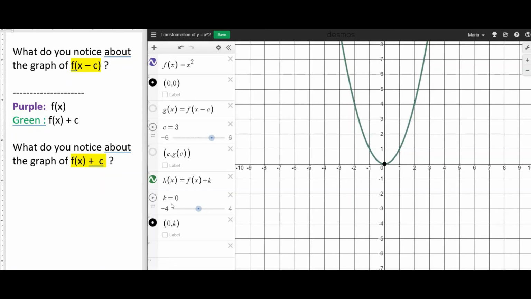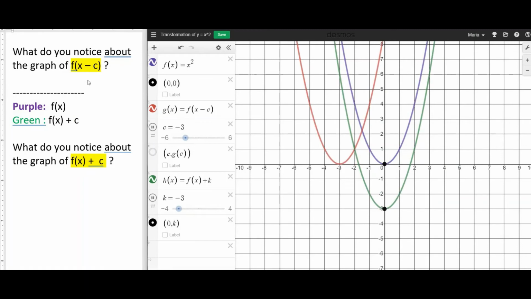Now, what if c equals negative 1? Okay, so we go down 1 unit. What if c equals negative 2? Cool, we go down 2 units, and so forth. So the moral of the story is, let's get all these crazy animations up and going. Okay, the moral of the story is this: